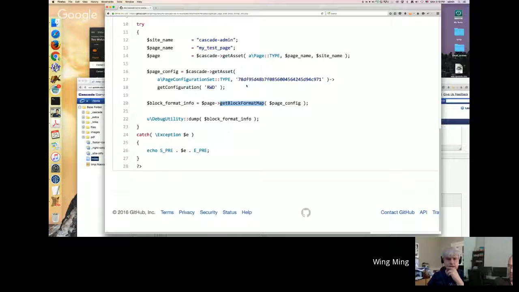level. Now, I have to emphasize one thing. I'm talking about page level blocks and formats only. If you want to find out what blocks and formats are attached to pages at the config level or at the template level, this method won't work. It only works for page level blocks and formats. And that's the thing we need to worry about when we switch content type. So you can use this to grab the information,